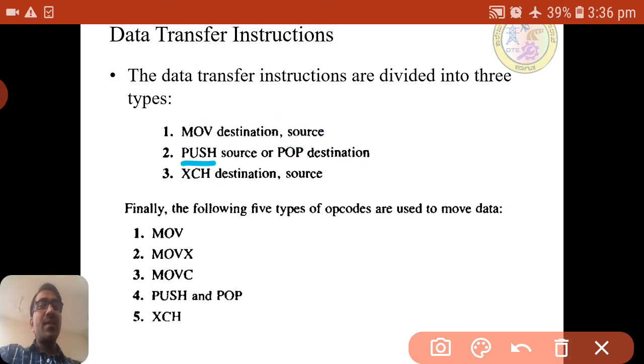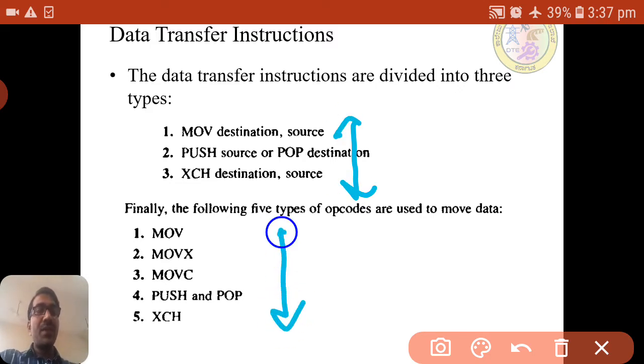The other two types are push and pop, which also transfer data from one place to another, and the exchange instruction, through which we transfer data from source to destination or destination to source.